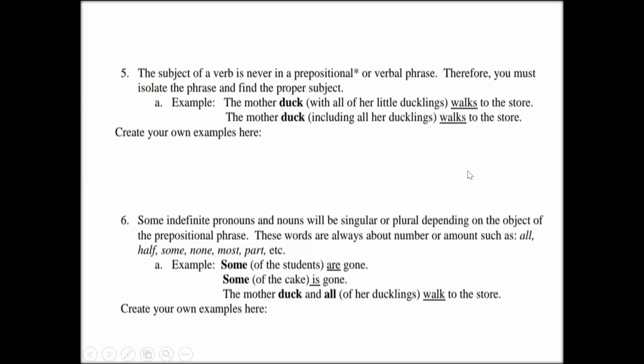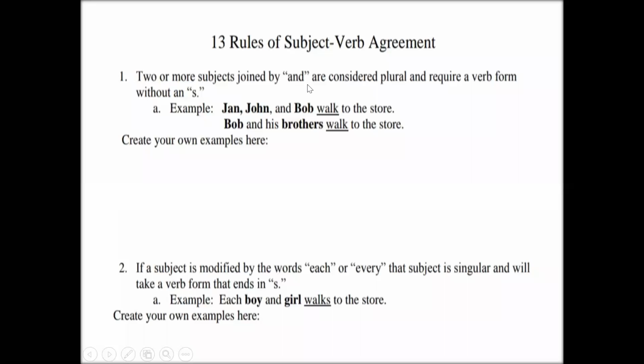I'll just repeat it once again. The first one is when two or more subjects are combined with and, it becomes plural. But if that and is preceded with each or every, again it will be considered as singular. When the sentence has each, every, and and together, we will ignore the and rule and we will follow the rule of each and every.